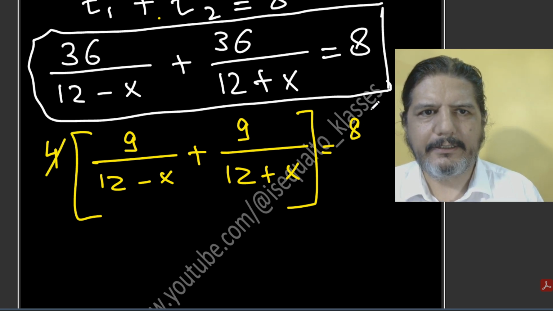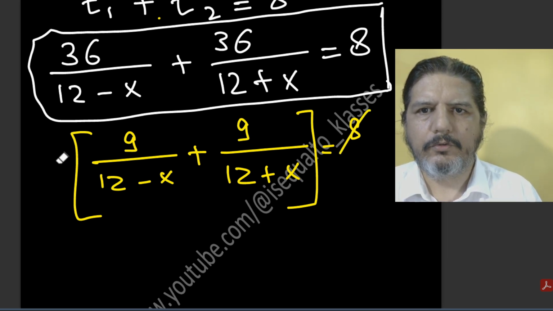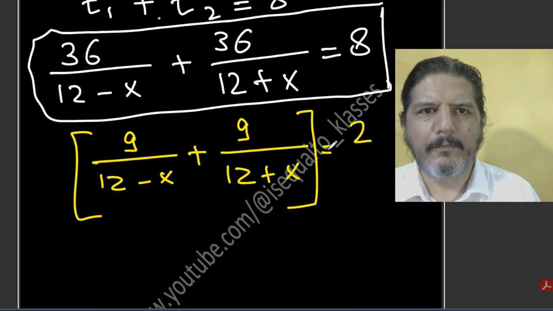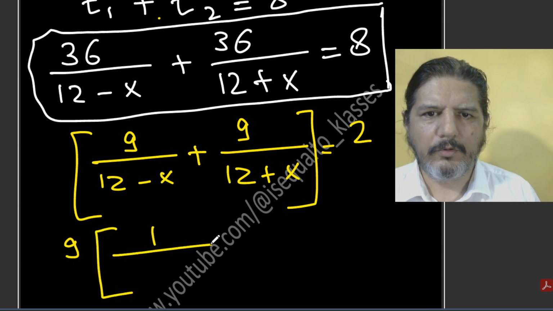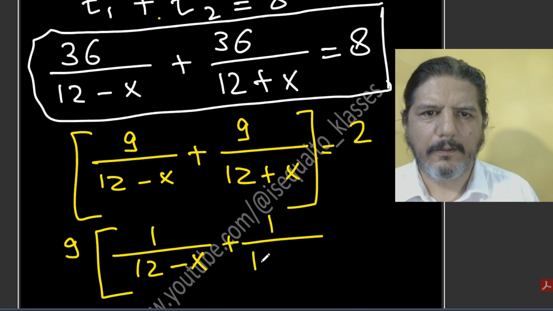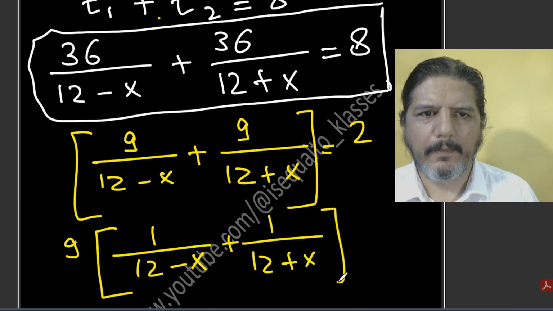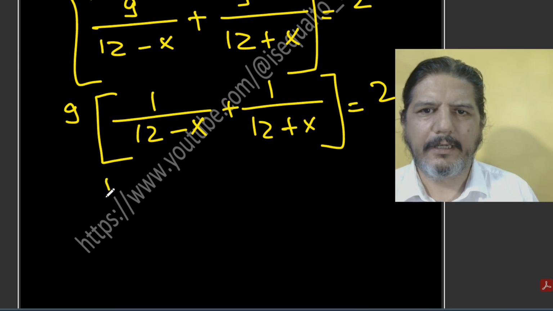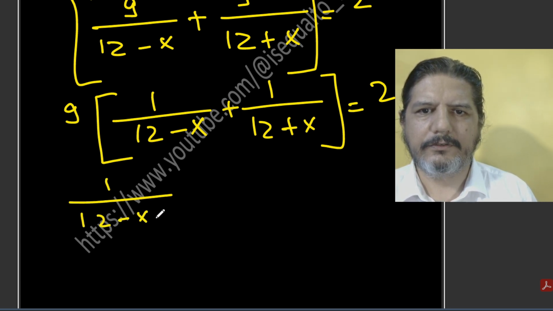So this 4 and this 8 will cancel. So I'll have 2 here. And then I'll take this 2, 9 common. So I'll have an equation like this. This I can write as 1 upon 12 minus x plus 1 upon 12 plus x is equal to